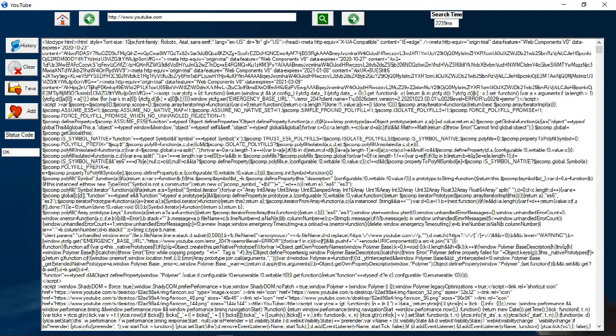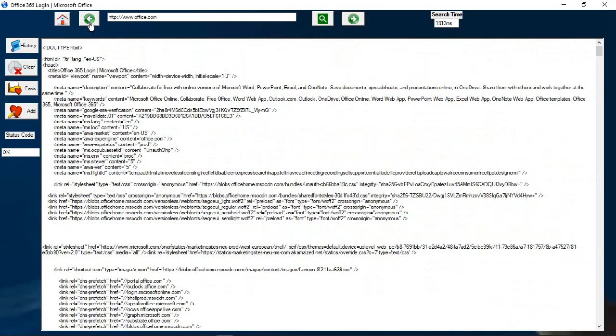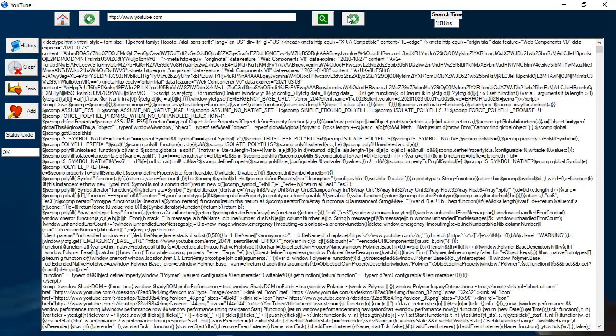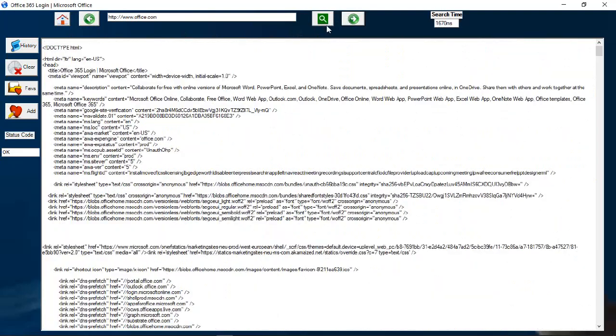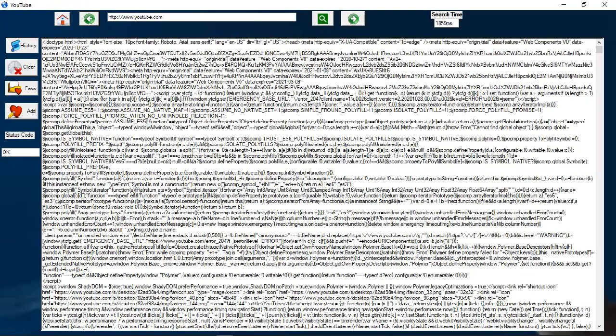And then if we go back again, we expect to get Office, and then if we go back again, we expect to get YouTube. Yes, if we go back, navigate backwards again, we get Office. Navigate backwards, we get YouTube. Yes, exactly how expected. It was just my minor mistake. So this is the purpose of these buttons.